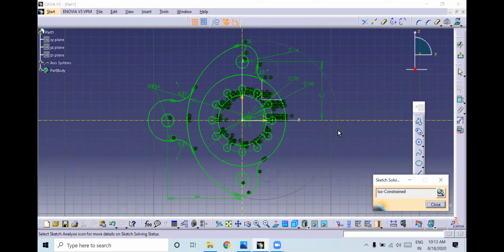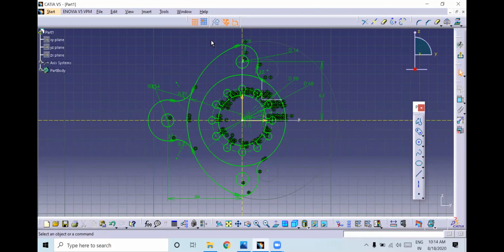See, constraint means you should not give blind dimensions. You just keep in mind, don't give blind dimensions. Whatever dimensions you have in the drawing, you have to give that. That is called engineering drawing. Whatever dimension you have given, that means it has been constrained. Okay, so you have to do like that. So any doubts in this?